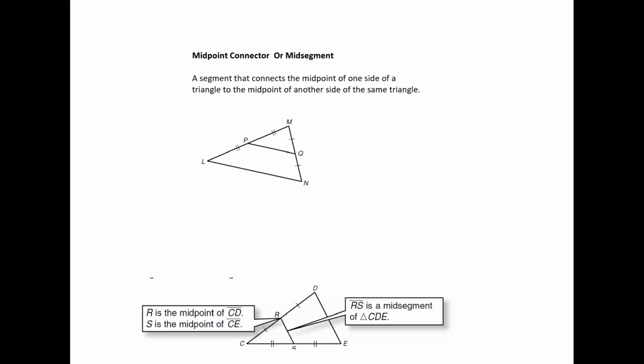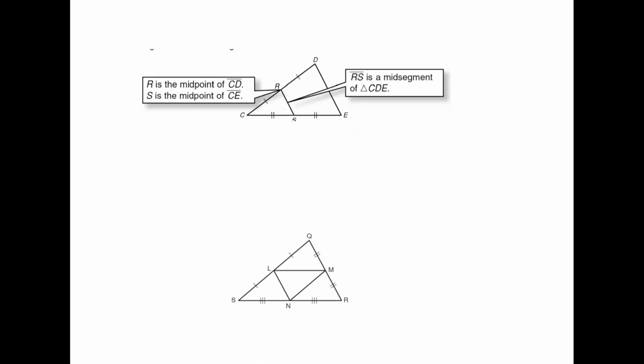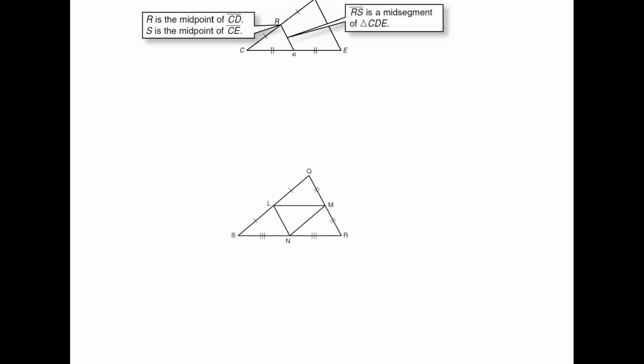So if you're looking at a triangle and P is the midpoint of the segment LM and Q is the midpoint of segment MN, then PQ is the midsegment or midpoint connector. Okay, so here's another diagram with pretty much the same thing. Here R is the midpoint, S is the midpoint, and so RS is the midsegment of the triangle. One of the midsegments. Now there's three midsegments in every triangle, and here's one more diagram that shows all three